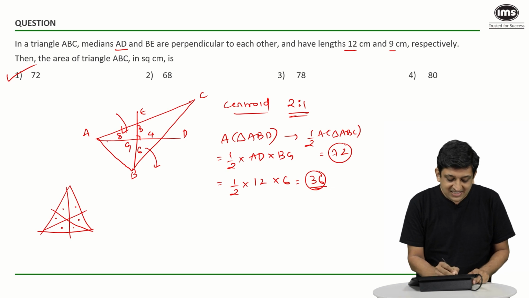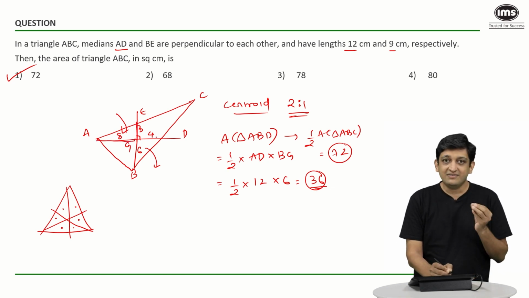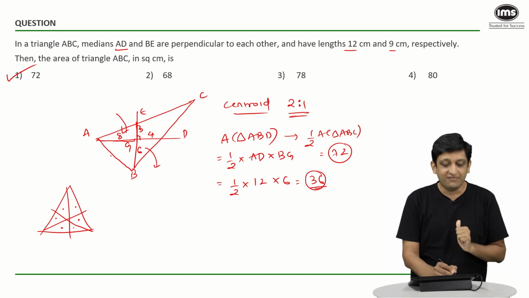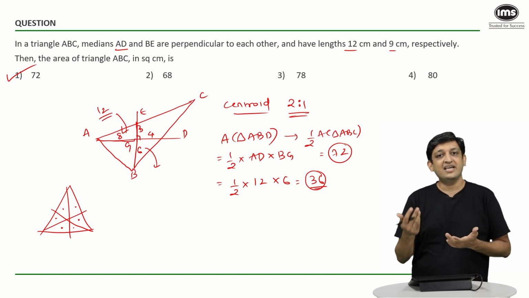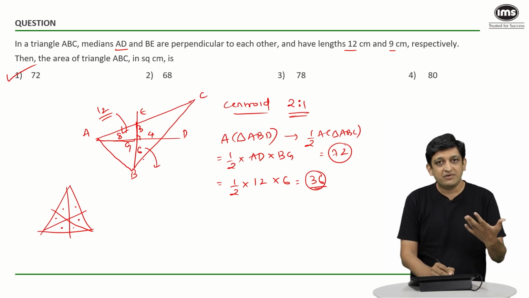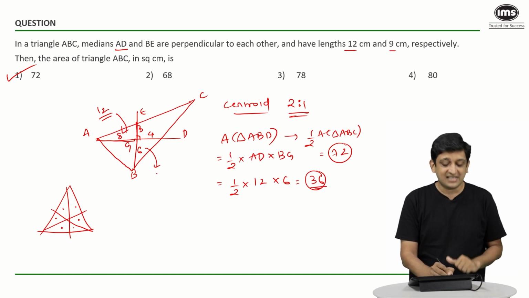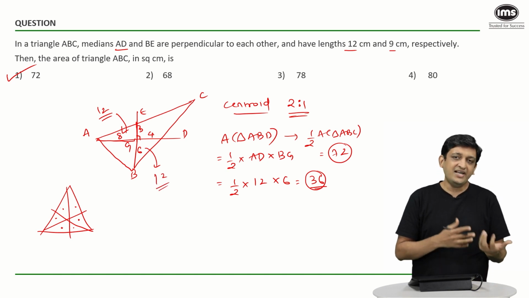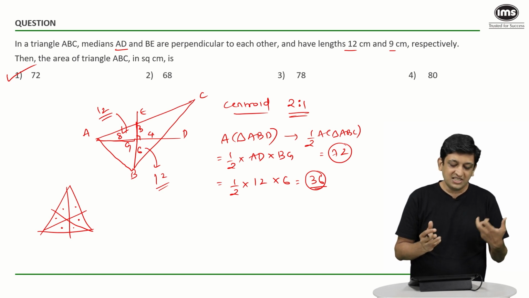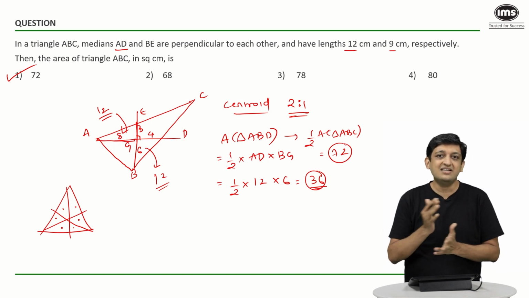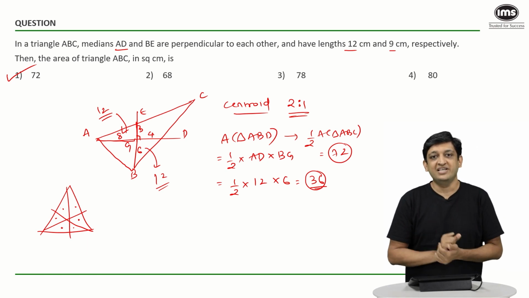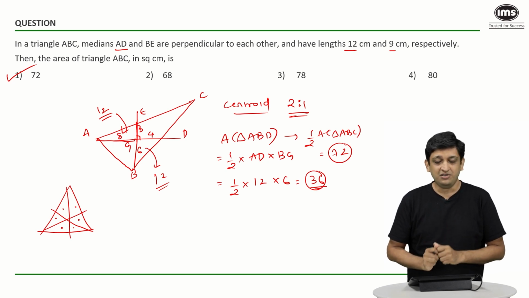So if we do this, if you look at the area of triangle AGE, it will be half into 8 into 3, or half into 24, or 12, which means that the area of the larger triangle will be 12 into 6, or 72 again. You can also do this: 6 4s are 24, into half is 12, 12 6s are going to be 72. So you can find the area of the triangle using any of these methods that I have discussed, or you can find it using AGB as well, which will again give you another insight into how the medians divide a larger triangle into smaller triangles of equal areas. So that is basically the takeaway from this particular question.